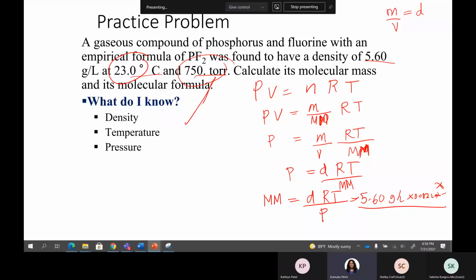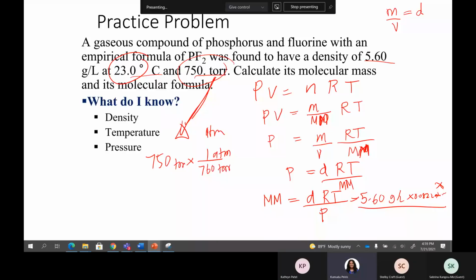Right, look, I applied the gas constant in atm. So what should I do? Yes, I should change this pressure to atm. How can I do that? 750 torr to atm. 1 atm equals